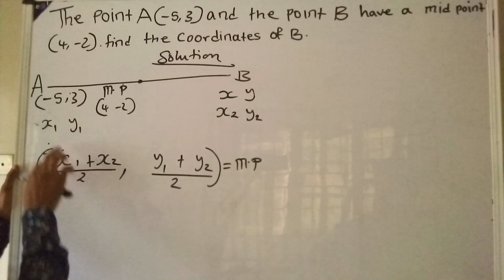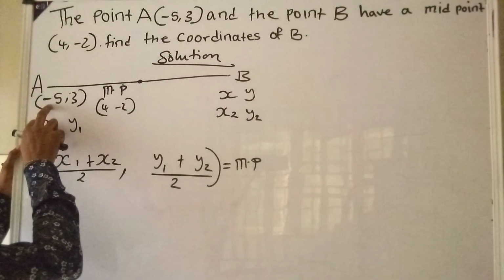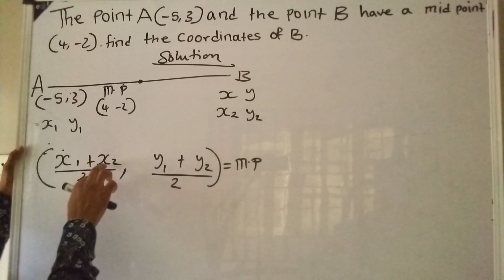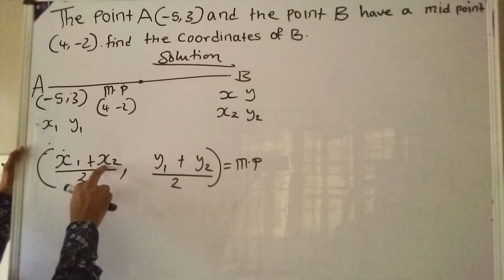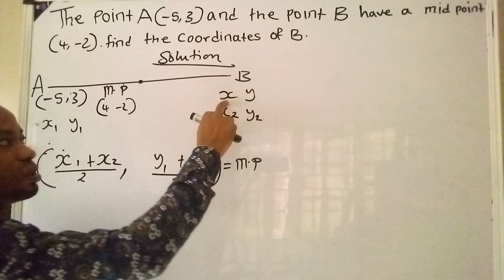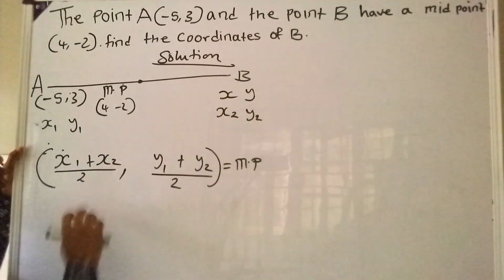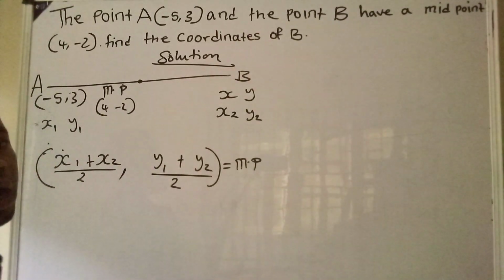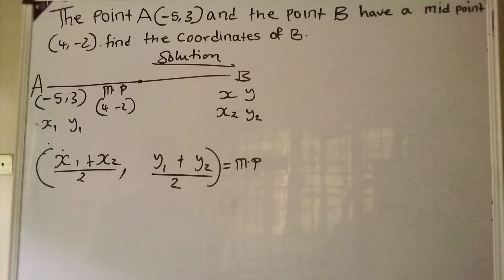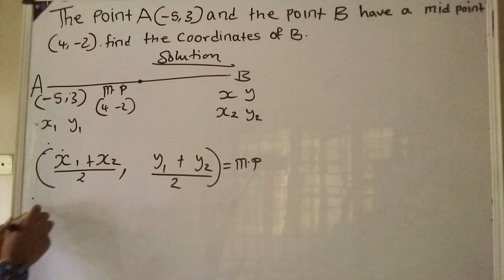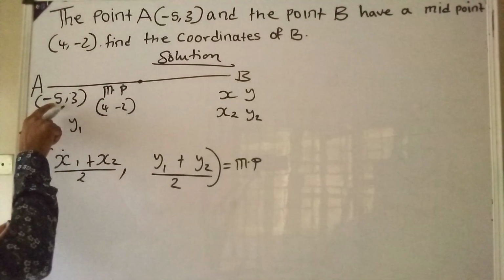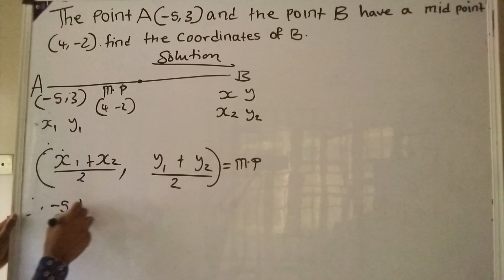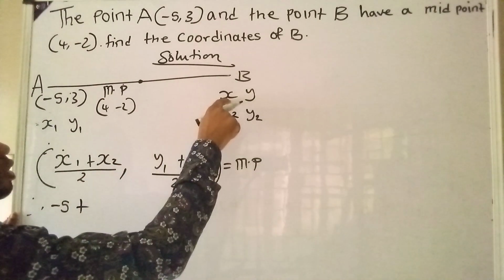Where we have X, we are going to represent it with the value for X. We have X1 here, meaning this -5 is automatically representing X1, and we have X2 here. What is our X2? Our X2 is represented by X. Just like that, we are going to place in the values for the areas where we have X or Y. Therefore, this is X1 and our X1 is -5. We have -5 plus our X2, which is X, over 2 equal to